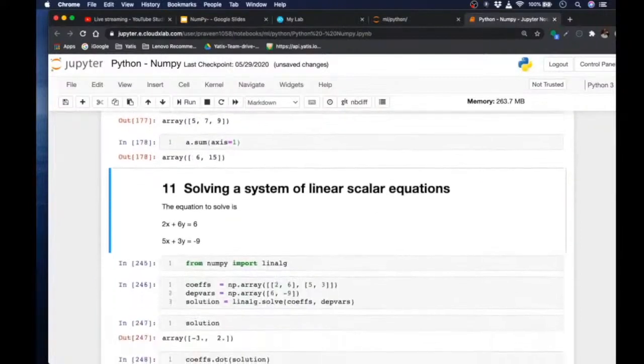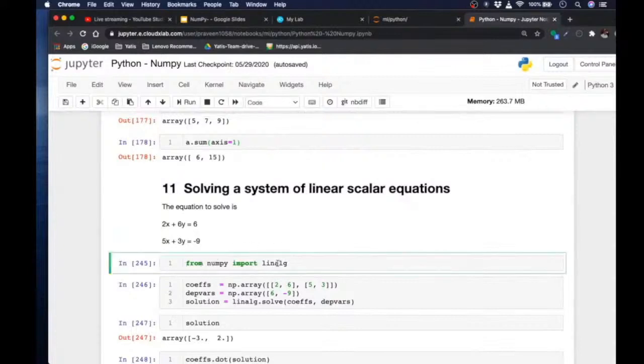Okay, now to finish with, so we are at the end of our lecture. So to finish it, I will show how with NumPy you can easily solve even linear simultaneous equations. So for example, if you have an equation to solve, which is say 2x plus 6y is equal to 6 and 5x plus 3y is minus 9. So NumPy gives us access to something called linalg. This is linear algebra. Essentially it just helps you solve linear simultaneous equations,